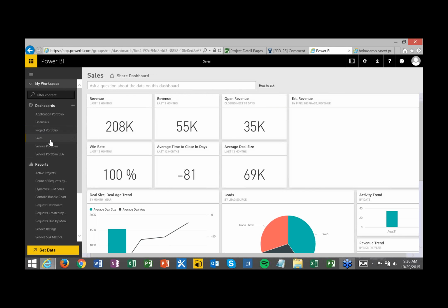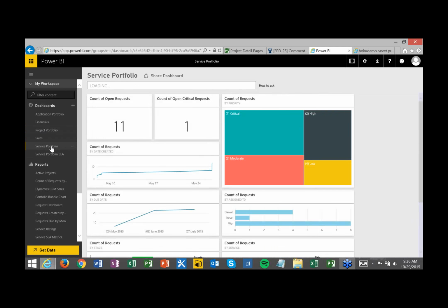I can have my sales information, my service portfolio if we were connecting CRM into this. We just looked at one specific connection today, but if you have other connections, you can definitely come in and use those as well. So hopefully you can see how you can have one unified place to prioritize and view status on all of your different projects, as well as costs, etc., resource load,